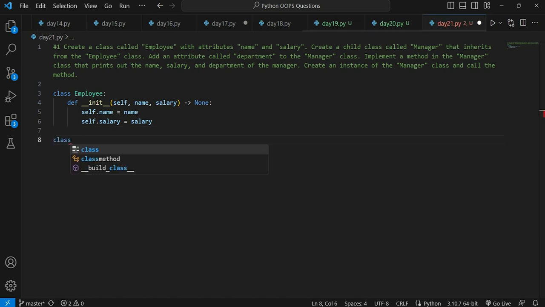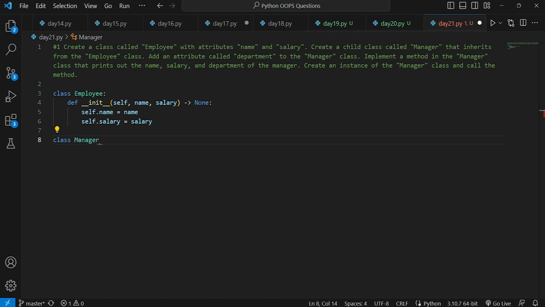So class Manager, and as we have already discussed in our inheritance classes that we started from day 17, when we define a child class, we have to give the name of the child class first, and then we have to open parentheses, and inside those parentheses we have to give the name of the parent class. So the parent class is employee that we want to inherit. Now inside this, if I say def __init__,